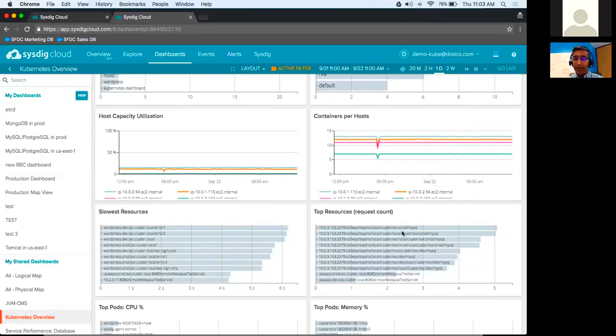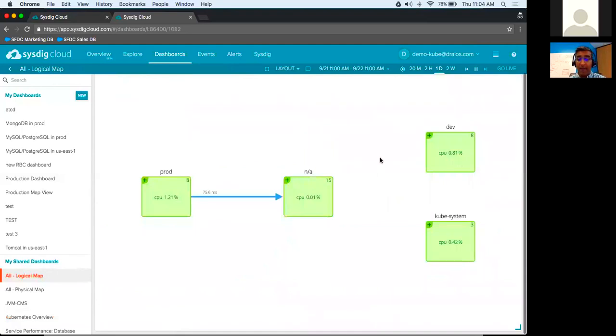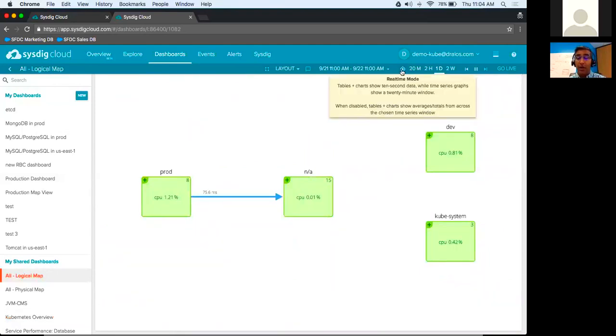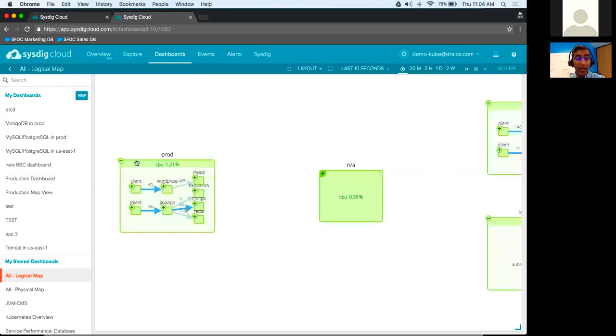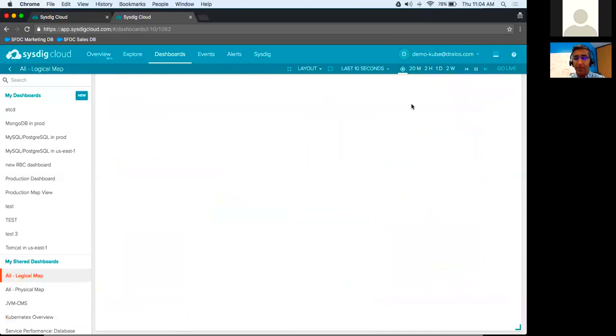Bay wanted specifically to know about the logical map view in particular. Well, what you could do on the logical map is you can color code anything on the logical map as well. Let's put this in real time here. So anything here, we can edit this.